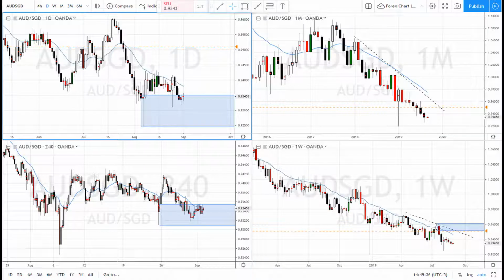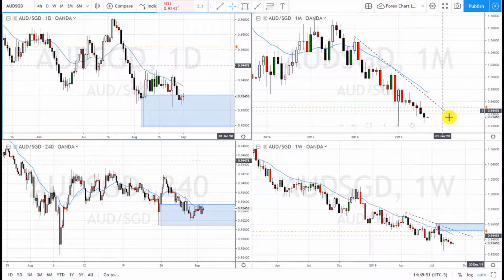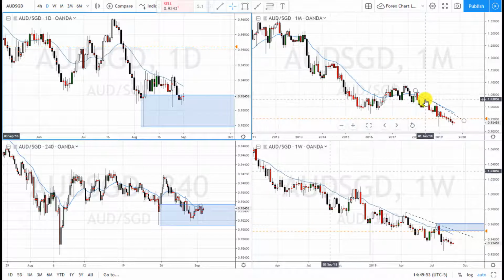Today we're going to take a look at some charts and see where we can identify supply and demand order flow and trade it for income. Let's take a look at the Aussie Singapore dollar and see where we can find the good old supply and demand areas. On the monthly, we have a strong downtrend with